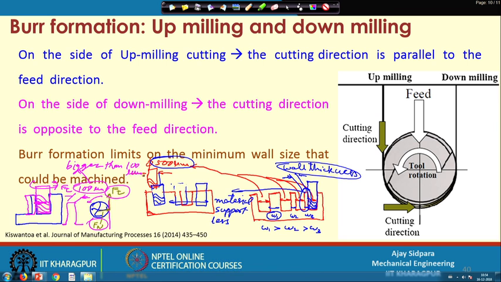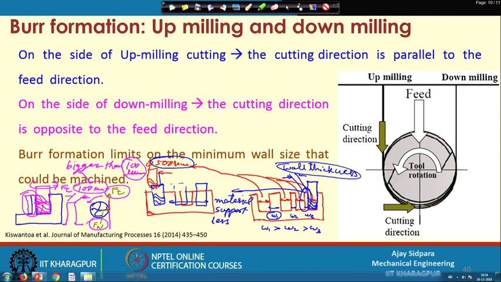Bigger than 100 micron, because it will bend. So, some extra material will be here and you are not able to cut this material very easily. So, bending is the one problem, and because of this bending you are not able to get this particular 100 micron thickness of the wall, and you will get something else which is not what you required. So, this is the problem, that wherever the size of the wall is very small,